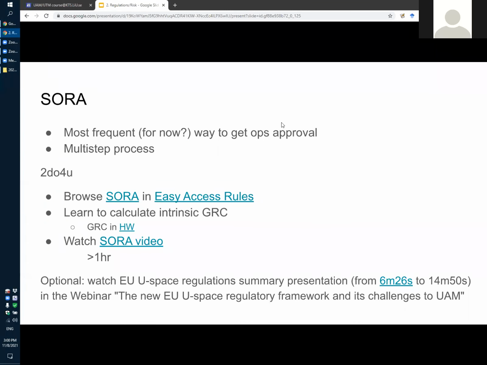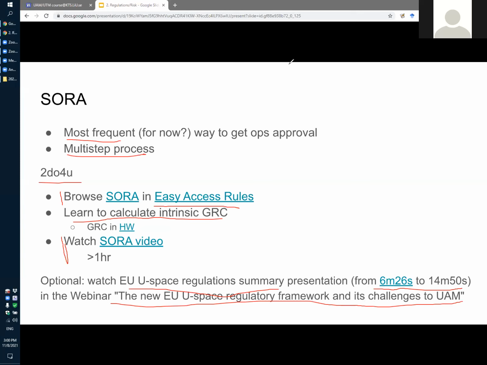And last but not least, the last slide. Yes, SORA is the most frequent, multi-step process, I think I said. What you have to do is browse the SORA documents, learn to calculate, as I said, the intrinsic ground risk class, one particular step in SORA, and watch this SORA video. It's about 1 hour. You can also optionally watch the EASA regulations summary presentation. I gave the reference to specific minutes in a webinar. That's just a summary. Do it when you want, and I'll